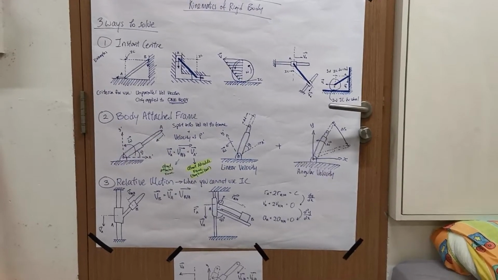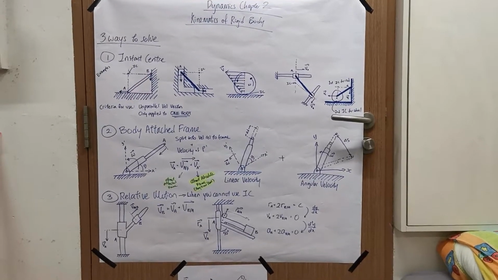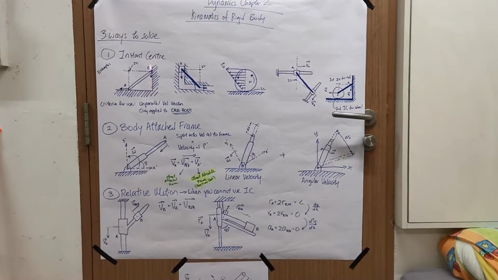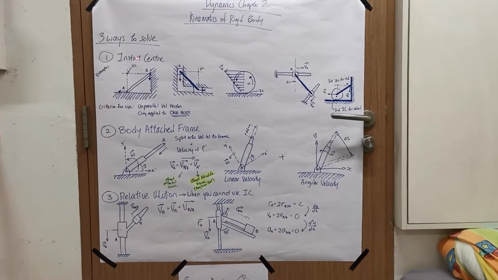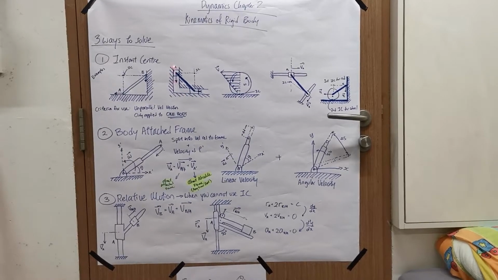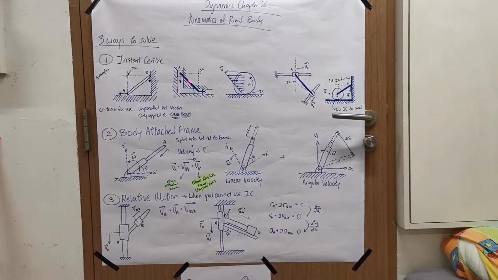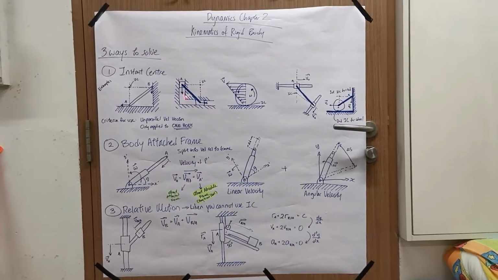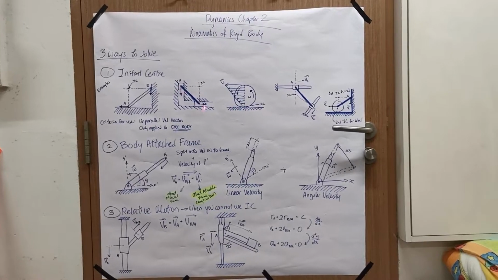So for instant center, some of the problems will look something like this. You've got a rod that's lying against the wall and floor, and then it will slide this way. That's one example. Another example is where there are slots, this perpendicular slot, and a rod attached to these two connectors. And then as A slides down, B slides to the right, we will form an instant center, just like